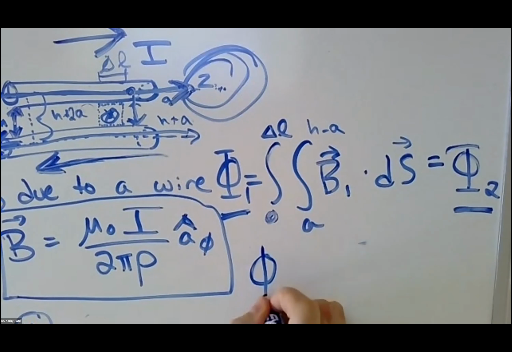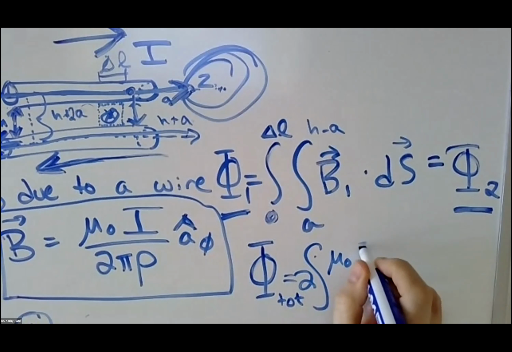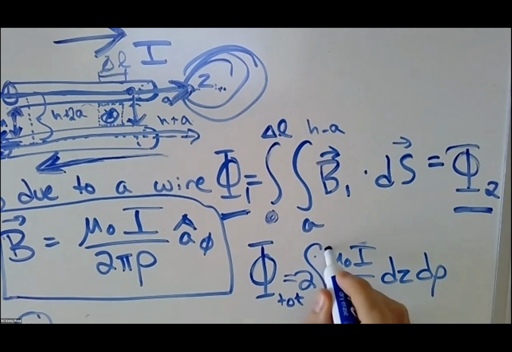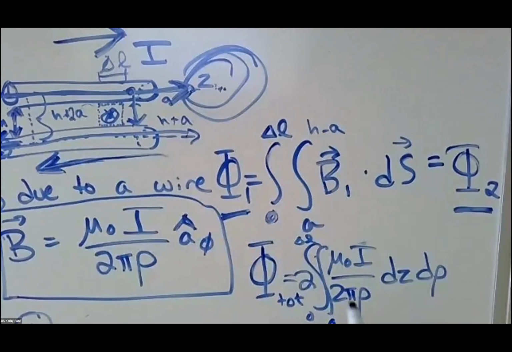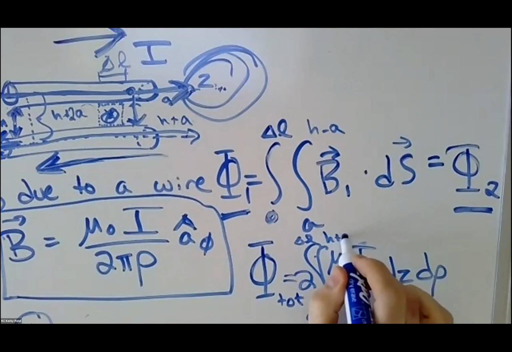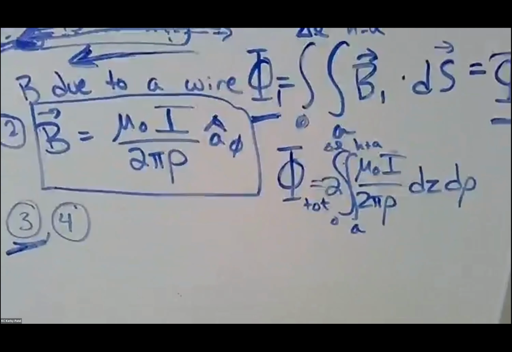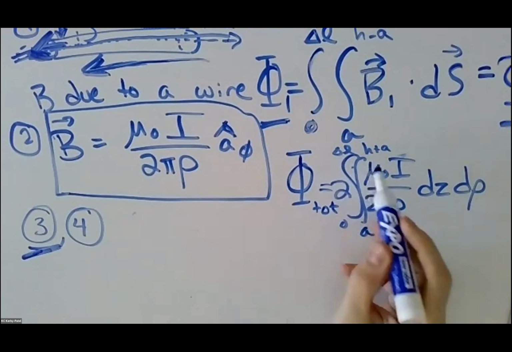So then if I evaluate that, I'm going to say Φ total is equal to 2 times the integral of mu naught I over 2 pi rho dz d rho, and that's a double integral from 0 to delta L and from A to, what did I say now? H plus A. Nothing in here depends on Z, so the delta L can